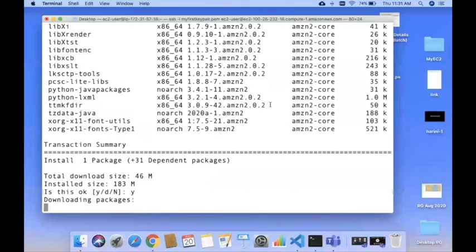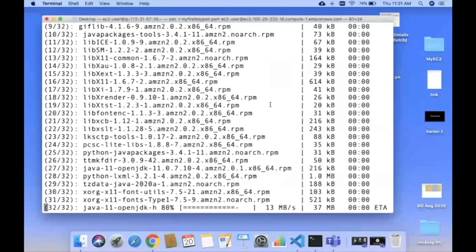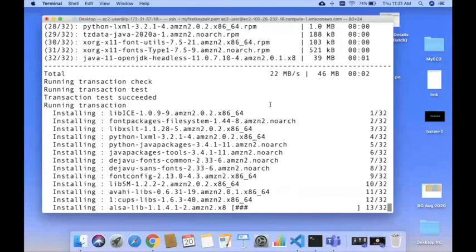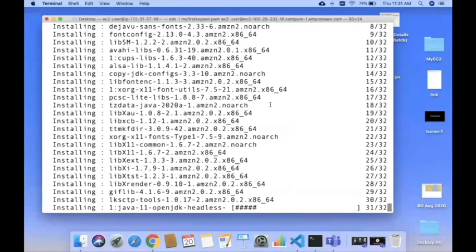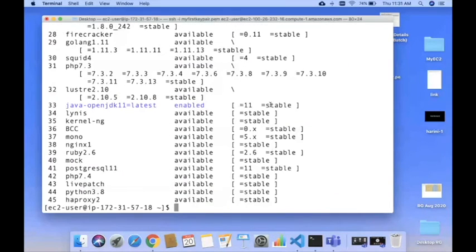Yes, to proceed. This step will install Java JVM in the Amazon EC2 instance. After that, you will get a message that this particular software is enabled in the system.